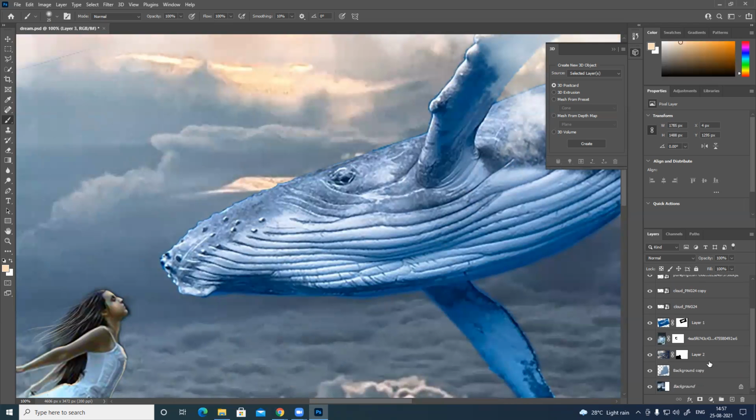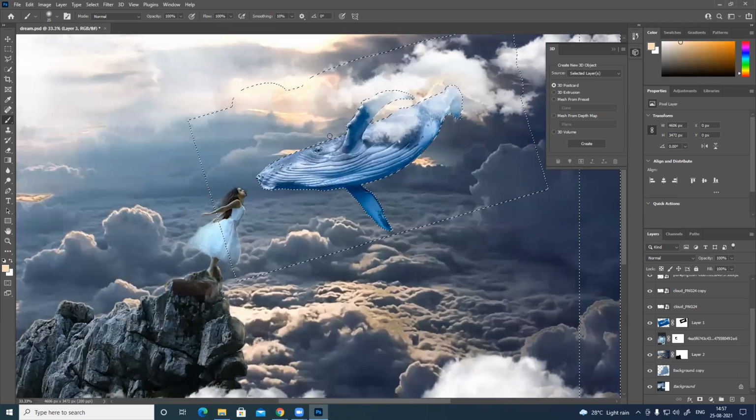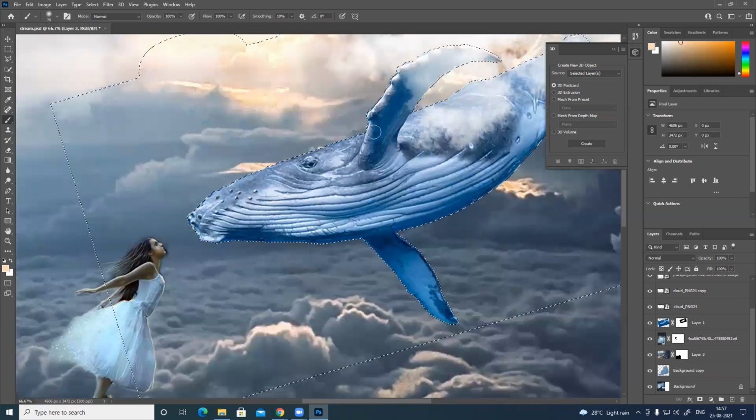And I can do this quite easily if I select this thing and invert it, and I can paint this highlight very easily.